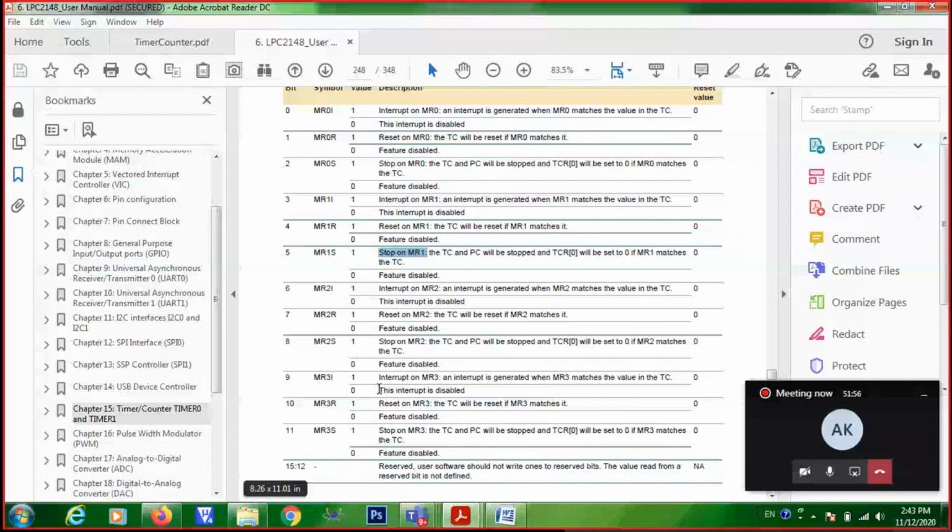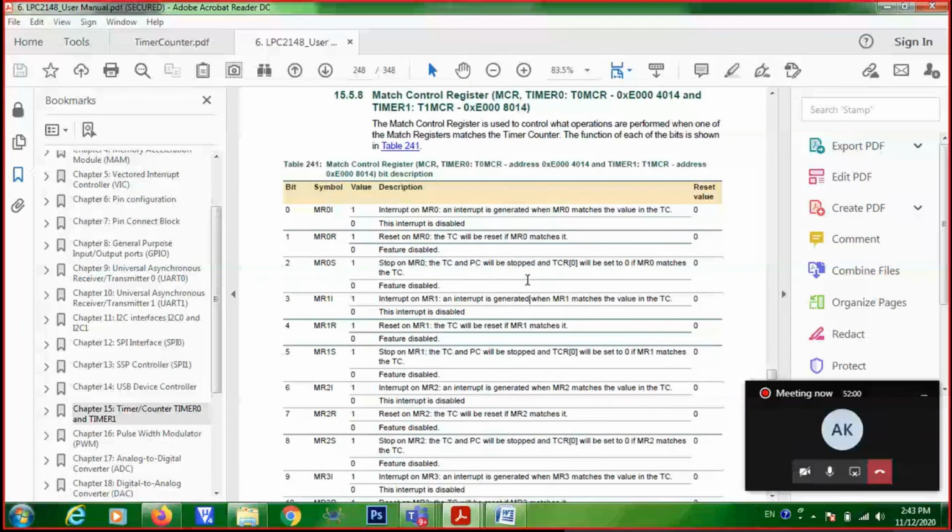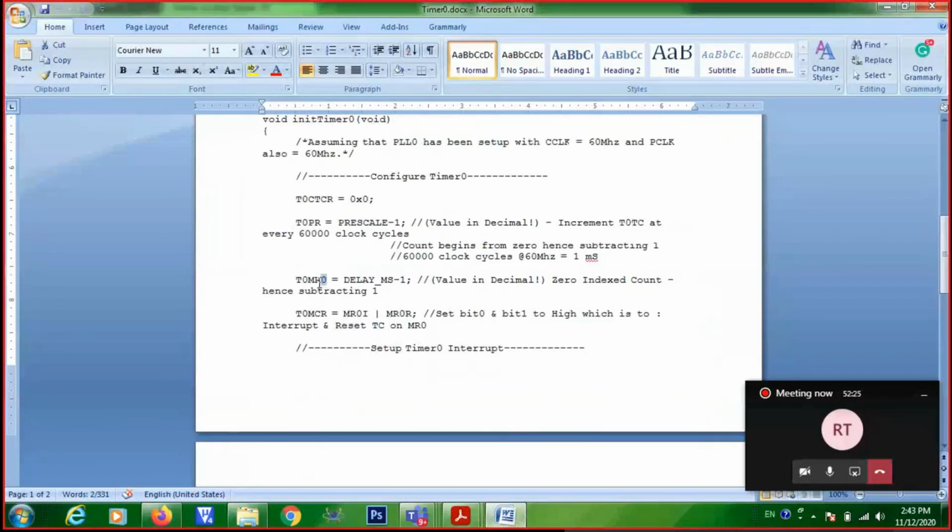So in our case, which operations do you need to perform on match? You need to reset the timer on match and interrupt on match, when the match is with which register? MR0, because I have configured my delay in millisecond in MR0.